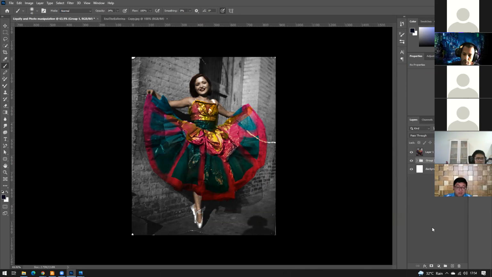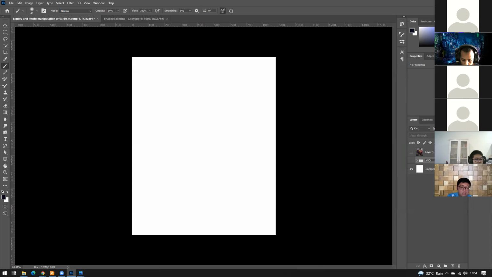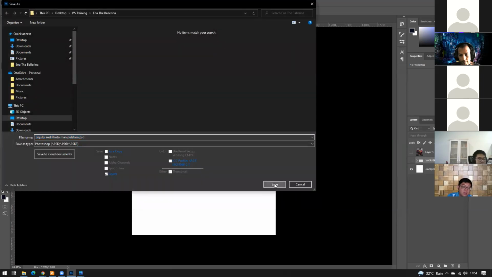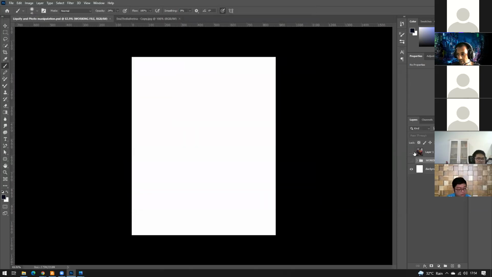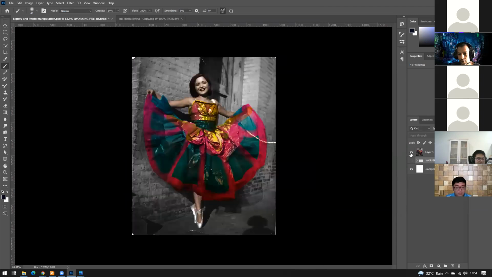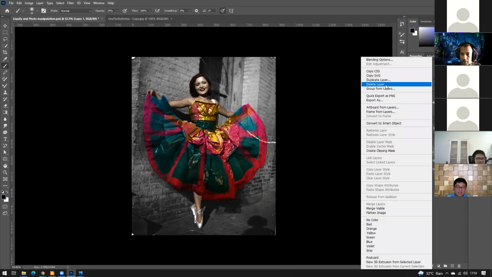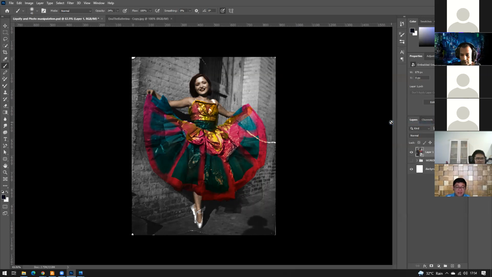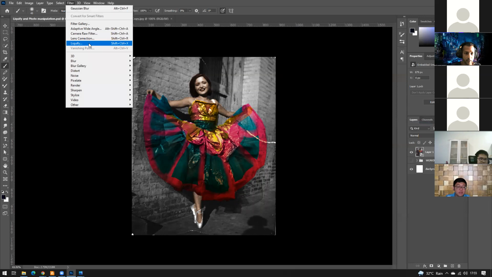And I'm going to do a group, Control G or Command G, or you can hit on this folder. I'm going to group this up, so I have the original maintained. This is the working file. I'll share this PSD with you guys. Make sure you save it, and then you've got the merged version. Now if you were to work with this image, right click, you can convert it to a smart object. The moment you have a smart object, all you have to do is go to Filter and hit on Liquify,